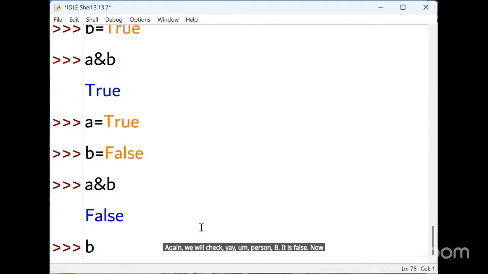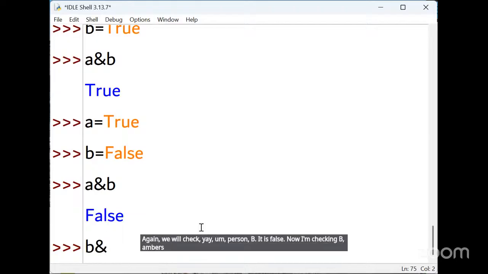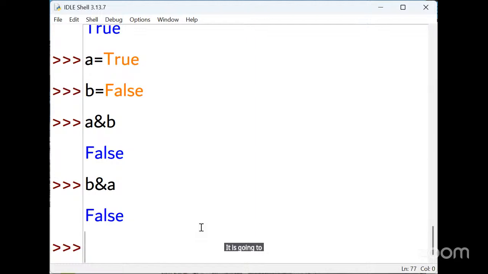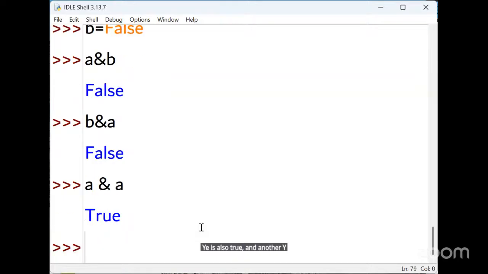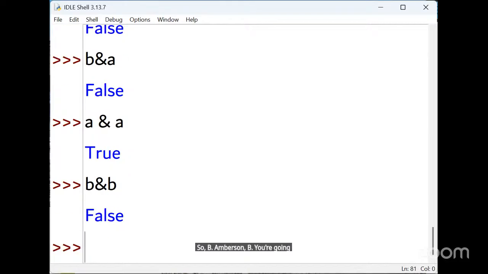Now I'm checking B ampersand A. It is going to be false. And A ampersand A. A is true and the other A is also true, so you are going to get the true statement. B ampersand B, you are going to get the false statement. This is for AND.